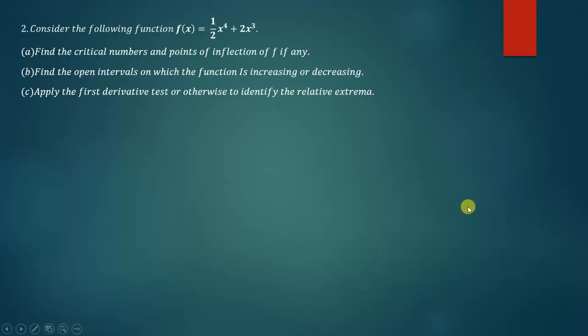So in this tutorial we're going to discuss how you can find the critical numbers and the point of inflection, if it exists, on a given function, and also to find the open interval on which the function is either increasing or decreasing. And we're also going to apply the first derivative test to identify the relative